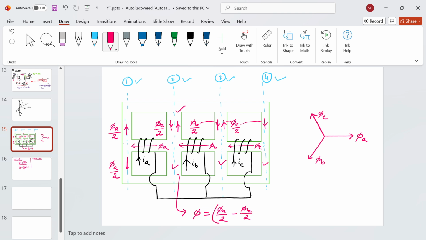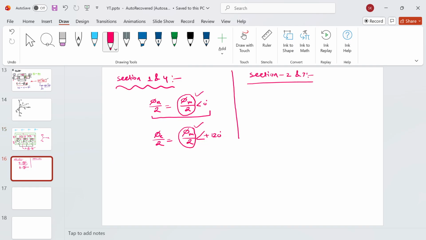So this is the resultant flux that is flowing in this region. Now I have to calculate what is the value. Obviously, these are the phasor calculations. So at section number 2, I have phi A by 2, obviously this is the phasor, minus phi B by 2. Now take half common: phi m at an angle 0 minus phi m at an angle